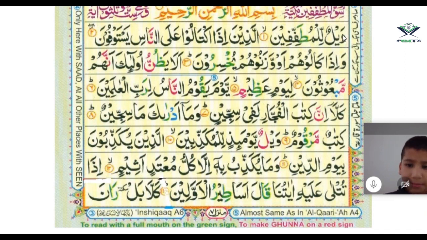What about this letter, ya? Is ya a madda letter or a soft letter? I'm just talking about ya. It is not a madda letter because the previous letter before ya has a wow with a zabar sign. So that's why it is a soft letter. When there is a zer sign before ya sakin, then ya will be madda. So there will be wailul lil